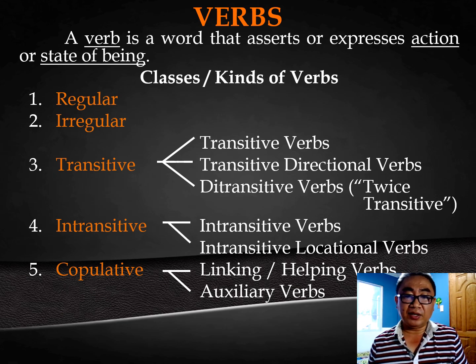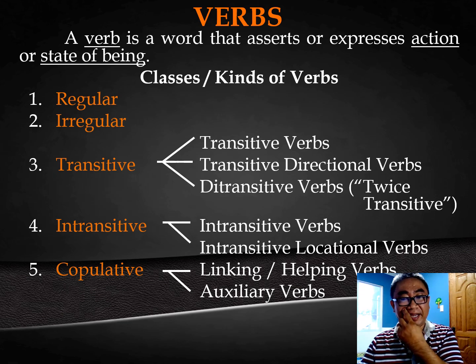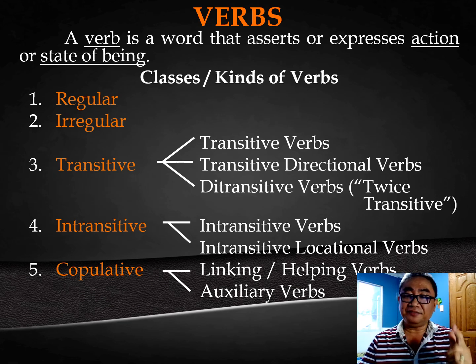So a simple past tense contains only the past tense, as in she walked to the school. What about the irregular verbs and their examples? An irregular verb is defined as a verb that does not follow the usual rules of grammar. For example, eat is an irregular verb because its past tense is ate and its past participle is eaten, according to the Macmillan Dictionary. What about the transitive verb? We have here the transitive verb, intransitive, and copulative verb. And let's take this one after the other.